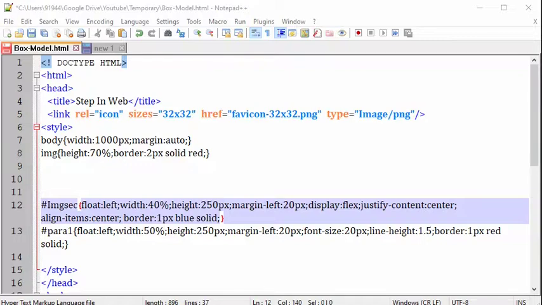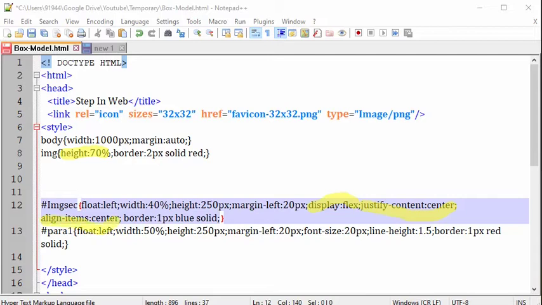Now again I change my code to explain another concept. Here I have mentioned only the image height as 70%, and all the centering of this image I have written in the division section. Here I have specified display flex, justify content center, and align items center.